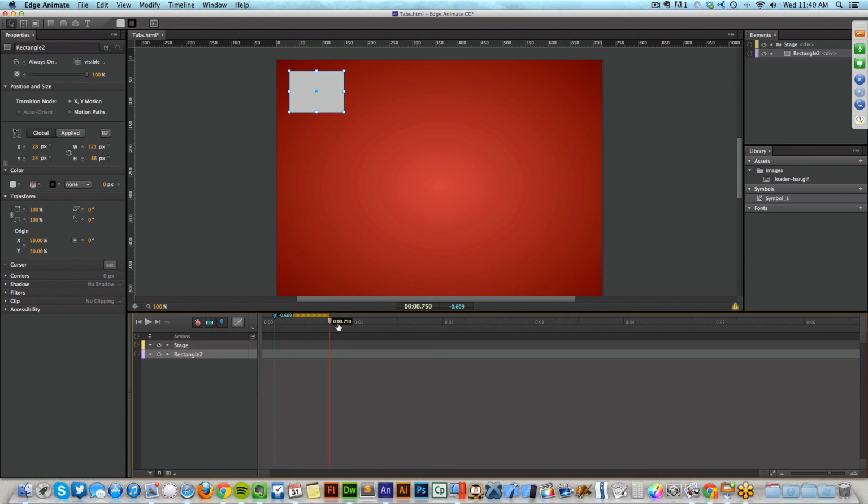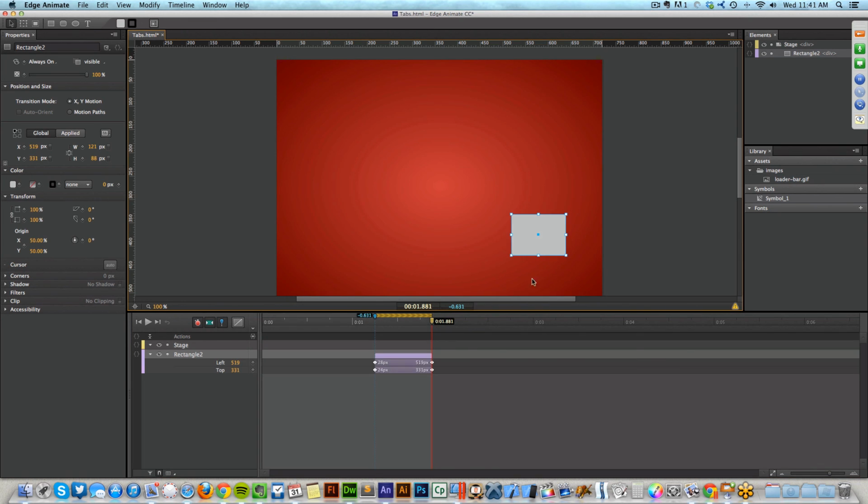And now I can stretch out my scrubber to the right, and you'll notice this yellow line connecting the blue dot to my yellow dot. Now if I move that scrubber back, it's actually going to be a blue line connecting the yellow to the blue. This may be a little confusing at first, but the nice thing is once I've established the amount of time that I'm going to animate, all I have to do is move my object. And you'll notice that automatically, without me setting any keyframes or anything, it